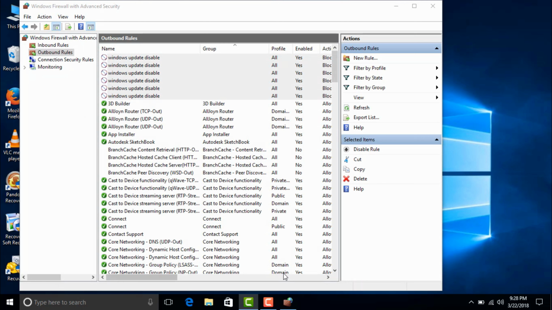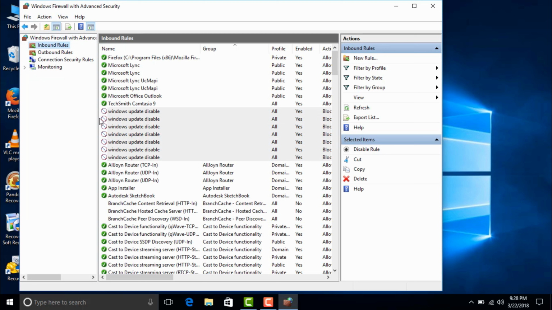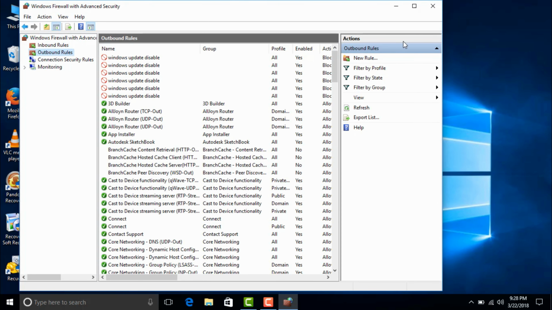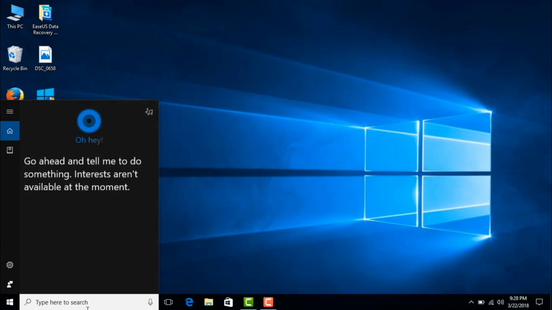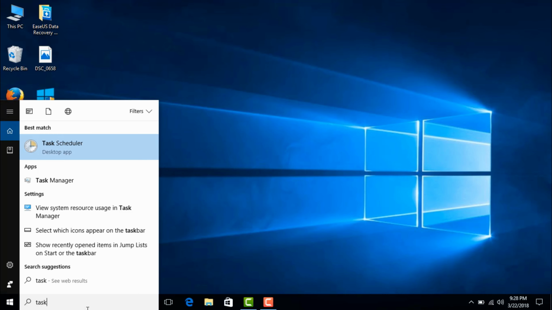And now after completing all the things, after blocking every file, you can see that it has been blocked here, both Inbound and Outbound. Okay, I will close the program now. And now in the search bar, type Task Scheduler